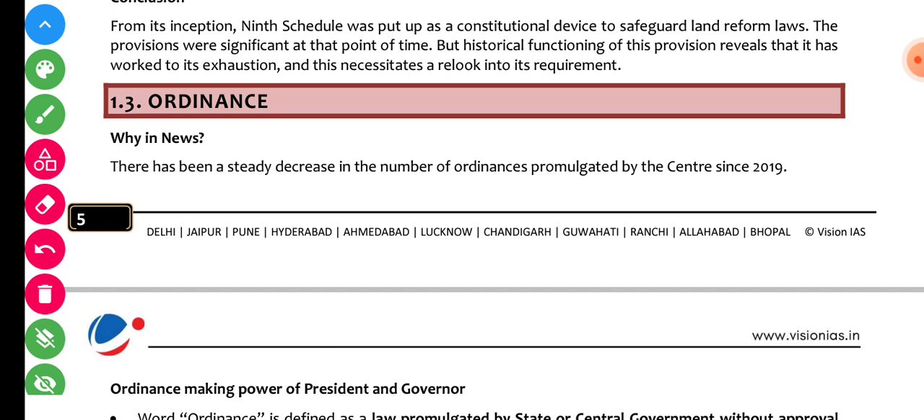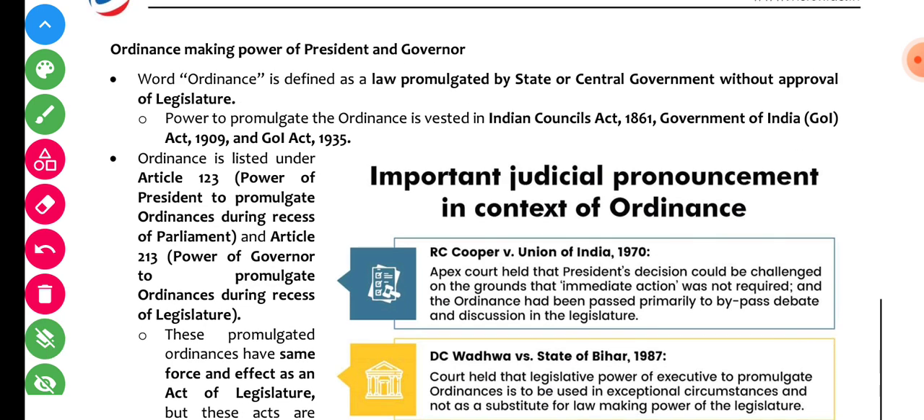There has been a steady decrease in the number of ordinances promulgated by the Centre since 2019. Ordinance making power of the President and Governor. What is an ordinance? An ordinance is a law promulgated by the state or central government without the approval of the legislature, and the power to promulgate ordinances is vested in the Indian Councils Act 1861, Government of India Act 1909, and Government of India Act 1935. So these are colonial laws, colonial acts,